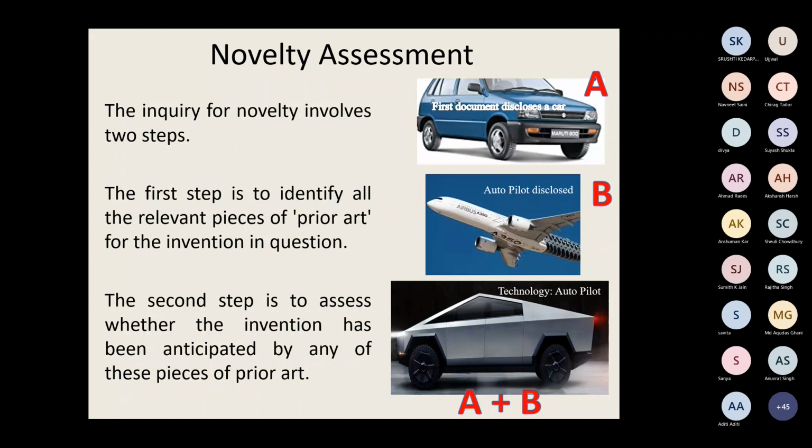Fine. So the first step was to identify A and B from all the literature available in the database. The first step would be to get A and to get B. The second step would be to see if this A plus B is new in view of A and in view of B. Fine. The next step, please. Next slide.